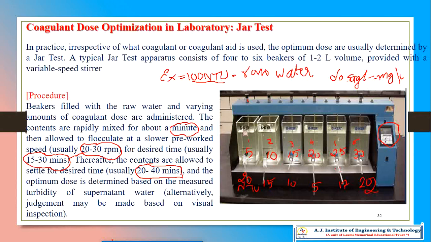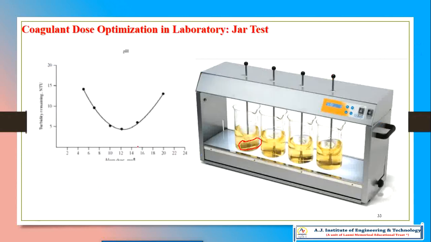Again, in the fourth tank it is reduced to 5. Compared to all the other tanks, the fourth tank has the maximum removal of turbidity. That is very simple. That is a low turbidity. Again, if you go to the fifth tank, it is 17. It is reduced from 100 to 17, but not to 5. Again, it is increasing. The graph is shown this way.